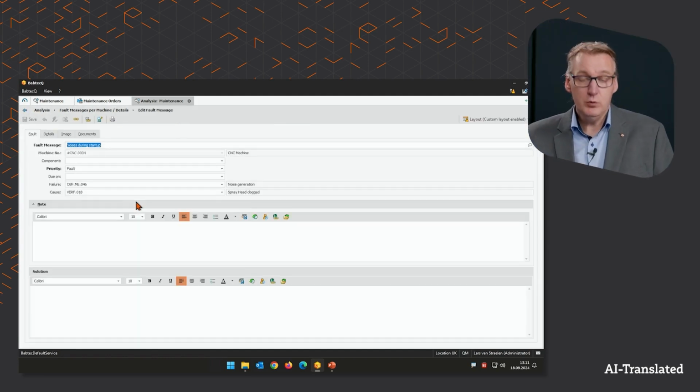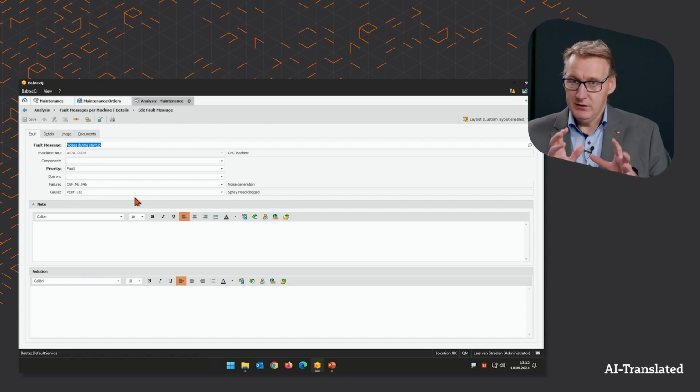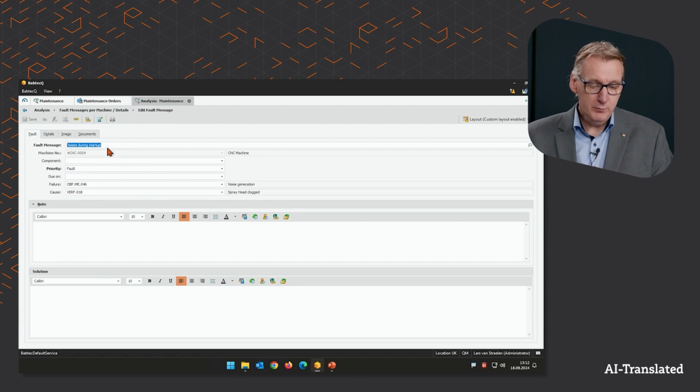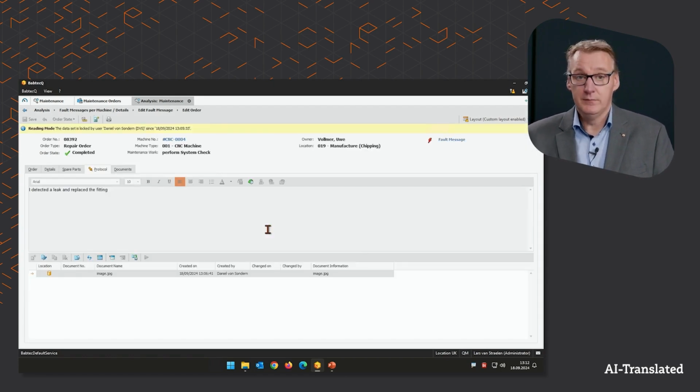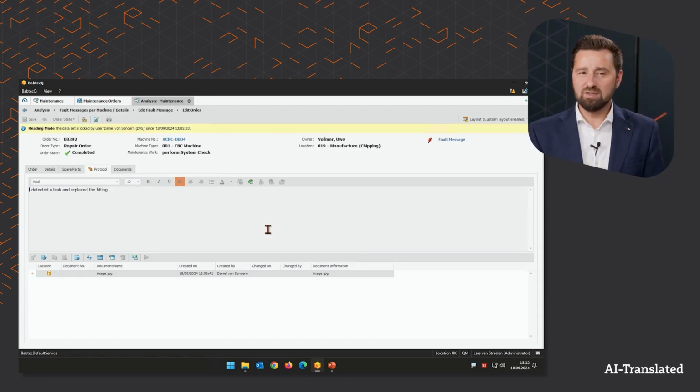Double click on the fault report. This switches me to the detail mode for this fault report. This fault report has triggered a repair order that Daniel has processed, and this connection can now be used here for further navigation by saying, okay, from this fault report, I switch to the actual repair order that is in the background. To find out now why this machine has generated a repair order again, or how many it might have had in total, could I take the shortcut directly to the machine up there? So here the machine is of course linked to the order as well.